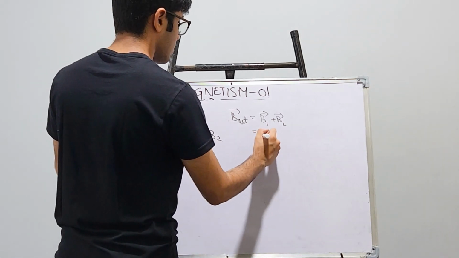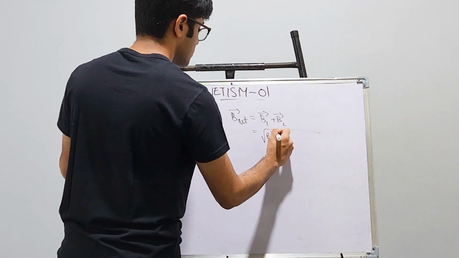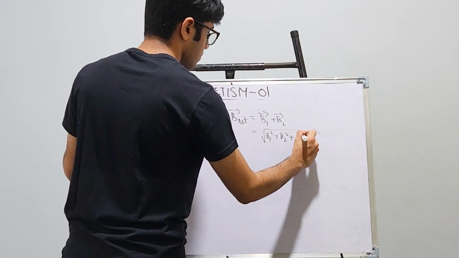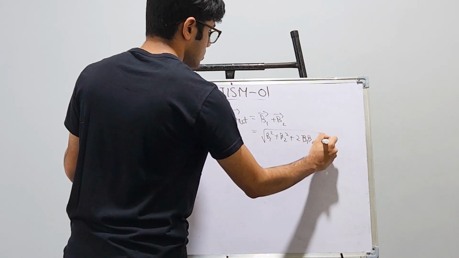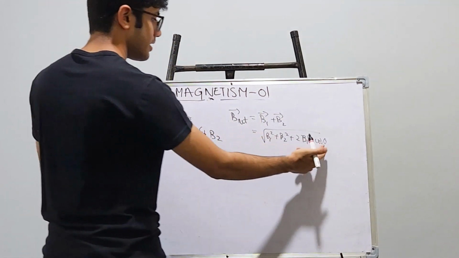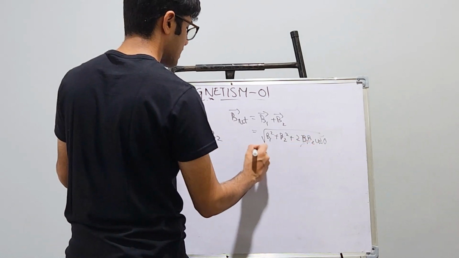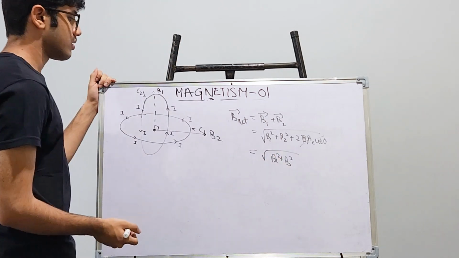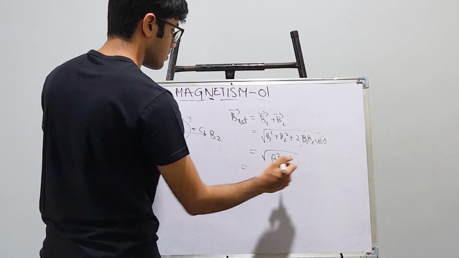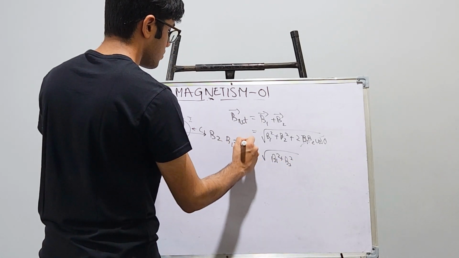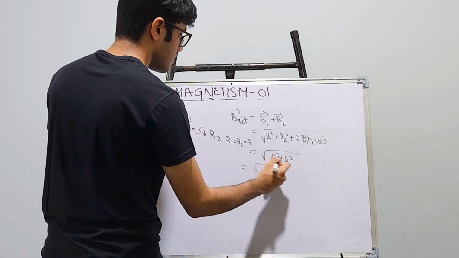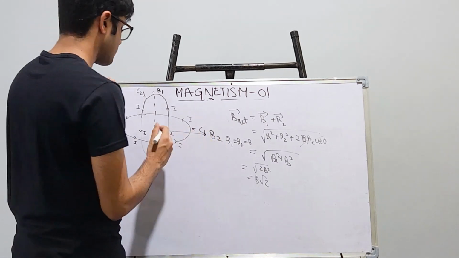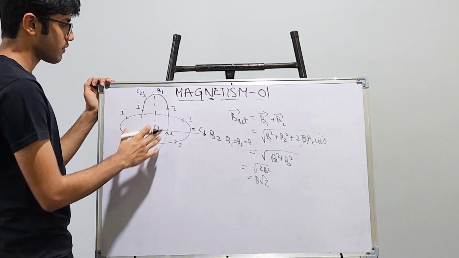So this is like under root of B1 square plus B2 square plus 2 B1 B2 cos theta. Theta is this. Theta is like 90 degrees only, so cos 90 is 0. So this entire term gets cancelled. This is under root B1 square plus B2 square. If suppose B1 and B2 are equal, let's call B1 equal to B2 equal to B. So this would be under root B square plus B square, which is 2B square, which is B root 2. So this is just a generalization of what we can do if we were given such a system